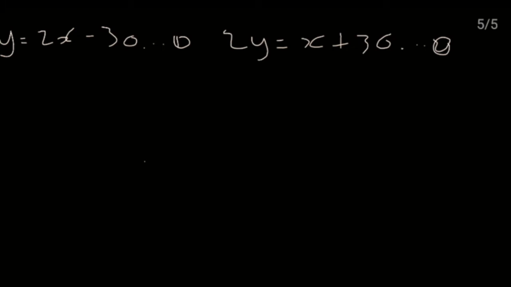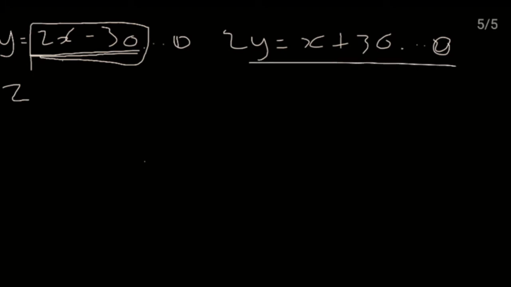So if we substitute 1 into 2, meaning wherever we see y in equation 2, we are going to put this expression, this value, so to speak, for y. So we have 2 times 2x minus 30